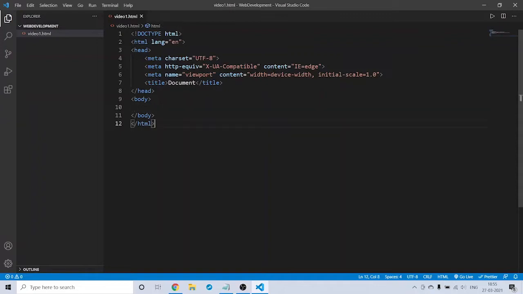So let me tell you this again. The doctype is HTML. We have opened this HTML tag here and closed it here. Now what is this lang? Lang is an attribute. We have different types of attributes for these tags. This is a tag, this meta is a tag, this charset is an attribute, this name is an attribute, this content is an attribute. We'll be looking into that later. In the body part, we are going to do our coding.